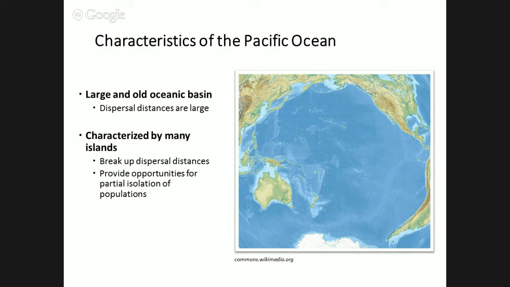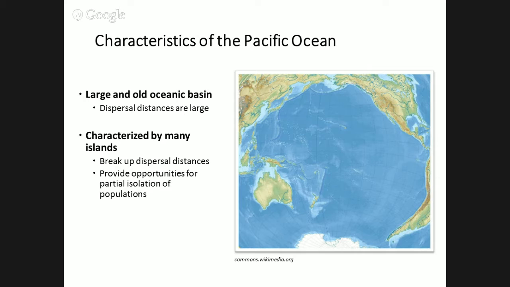The Pacific is a really interesting place to study phylogeographic patterns. This is a very, very large and very old ocean basin, which means that there's been a long period of time for organisms to evolve here. In addition, the distances between islands or different kinds of habitats around the ocean basin are very, very large. And this can come into play when you start to think about how organisms become isolated and start to evolve